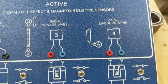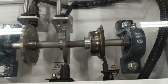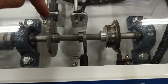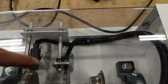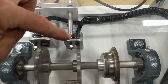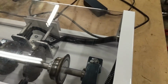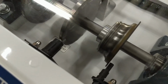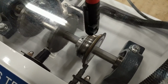So when it comes to testing and identifying these systems, they can either act radially, which is just like our other sensors, reading a tone wheel on the radius. And this is our MR, or magnetoresistive sensor right here, reading the tone wheel. Or it can read axially. So notice the air gap in between the face of this bearing race. So this is an inner bearing race, and on the outside of that bearing race